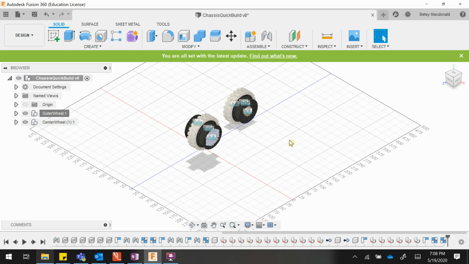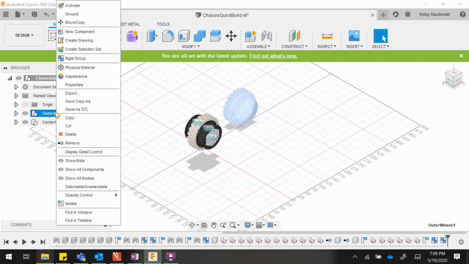All right, so now what we really want is we want these to be sub-assemblies that we can drag in. So when we build our chassis and we need 4 of these and 2 of these, we'll be able to drag them in from the data panel. So first we'll select the outer wheel. If you right-click and export,